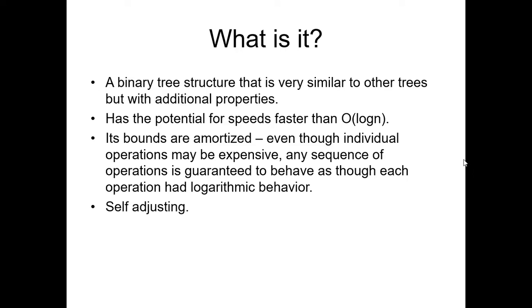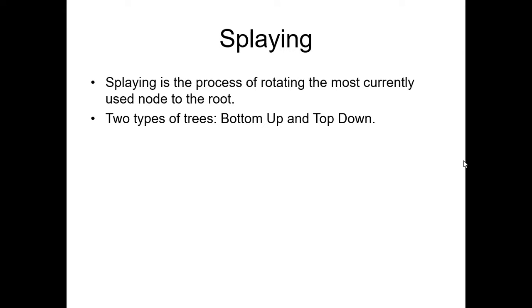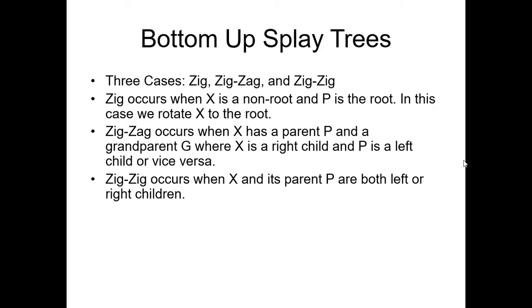Balanced trees require an extra piece of balancing information. Balanced trees have expensive insertion and deletion, but splay trees take advantage of the 90-10 rule. We'll see what that is exactly. Here we can have two types of them, bottom-up and top-down. Now, when you are performing an operation on splay trees,